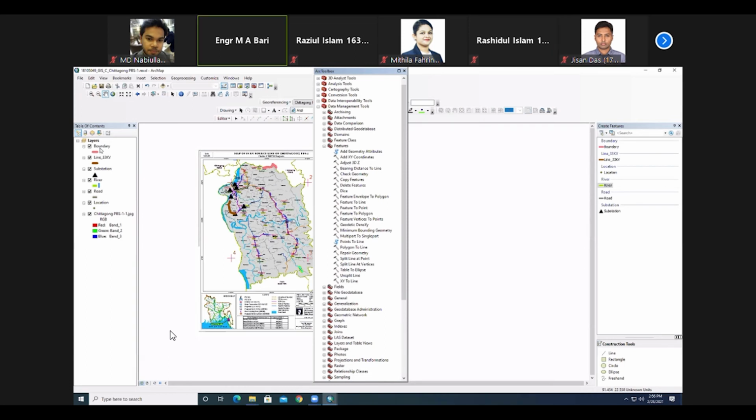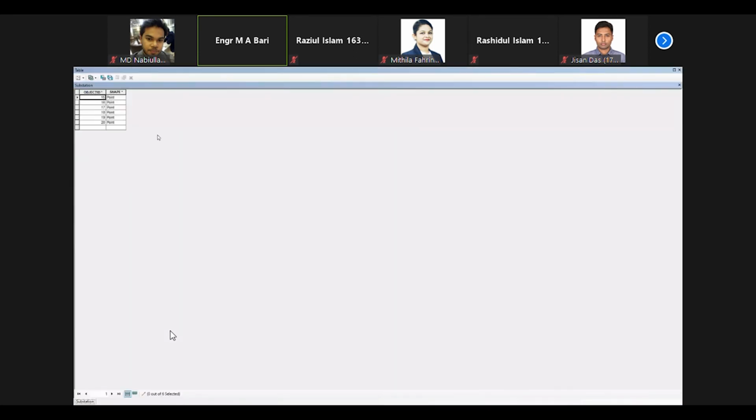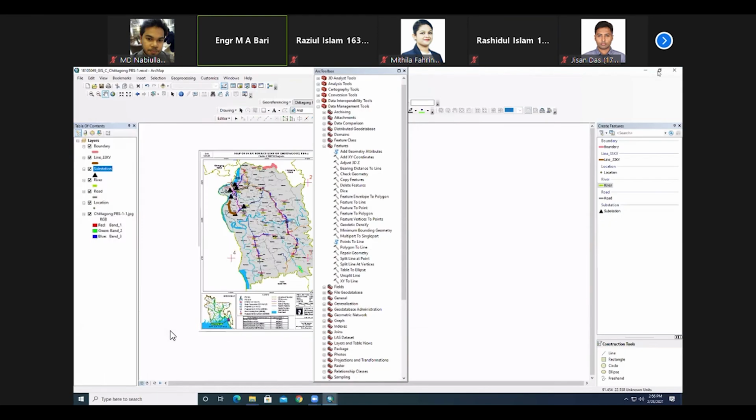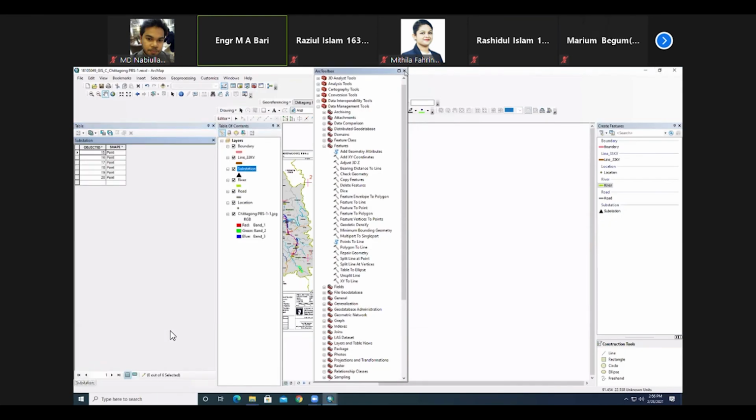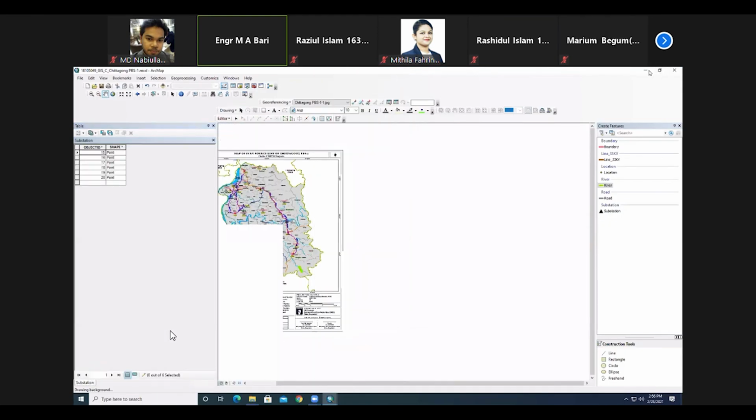Your left side electrical boundary, RT line, substation, lever, road, location. This is all the total drawing you will finish. Next class we will learn the geodatabase system. Listen, look at the screen. Suppose you are giving the location or the substation, right button click. Open this thing. Today I am opening somebody's personal work so that you can understand.